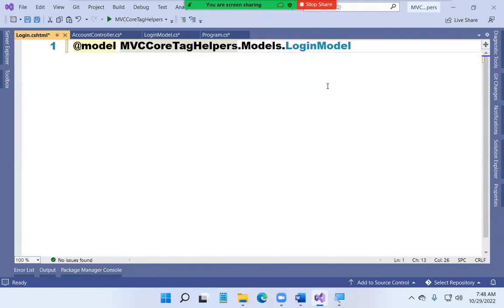Good. Now see, when you're importing a model in MVC 5, we already learned about this process. We are required to prefix the namespace name, MVC core dot tag helpers dot models dot login model, which becomes a little bit lengthy code. Tomorrow you may have 10 or 20 views. In every view we'll be importing a model, and whenever we import a model, we need to write this lengthy code there. To simplify this, guys, we are provided with a file called